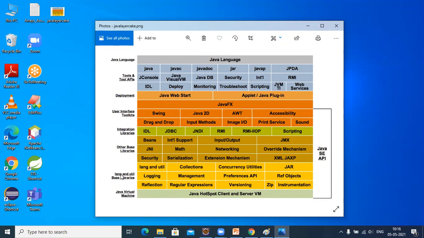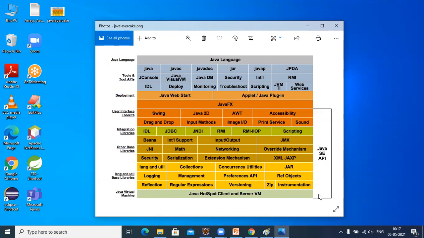What are the modules? Language libraries, core language libraries, other base libraries, integration libraries, user interface toolkits, deployment, tools, and tool API. So this is the complete set of modules or APIs that are available with the Java SDK.